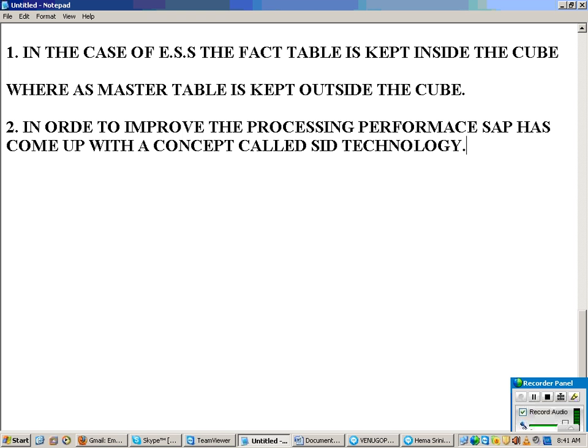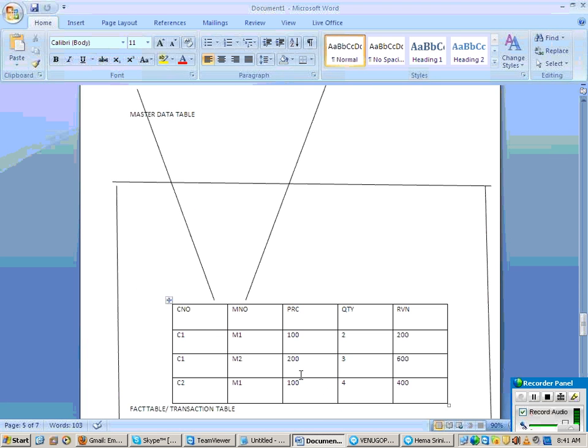What is it called? SID technology. SID stands for surrogate ID. And if you observe, your key figures are always what? Numeric values.